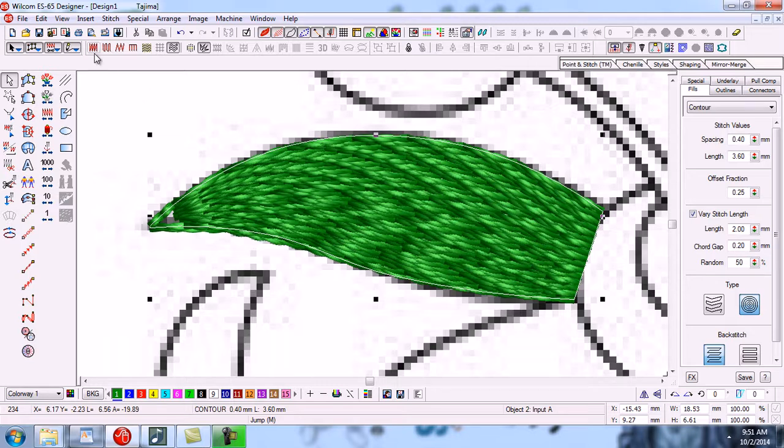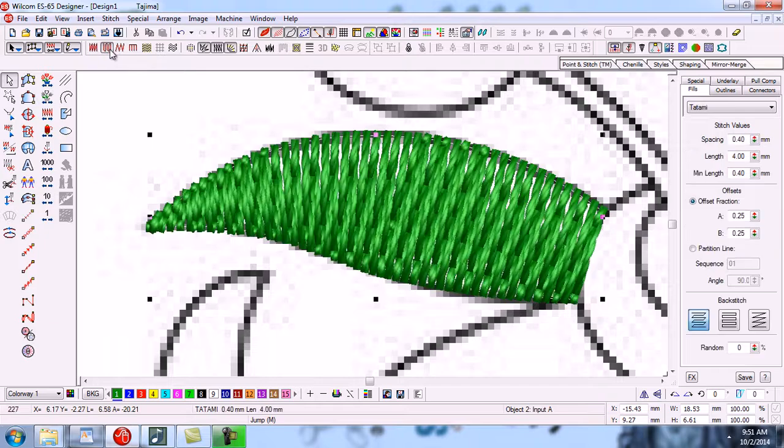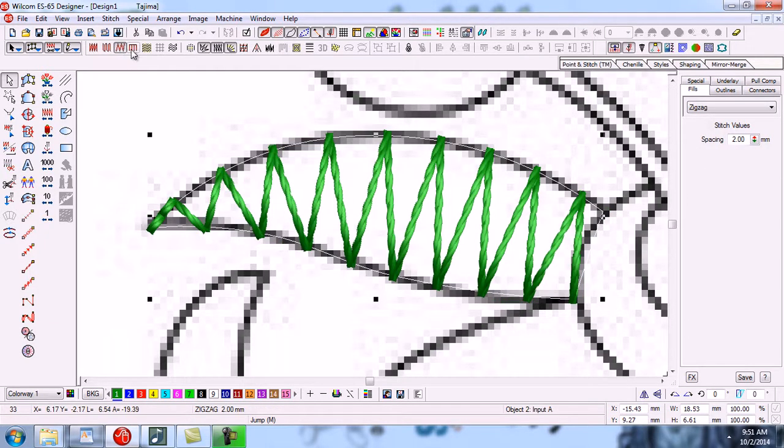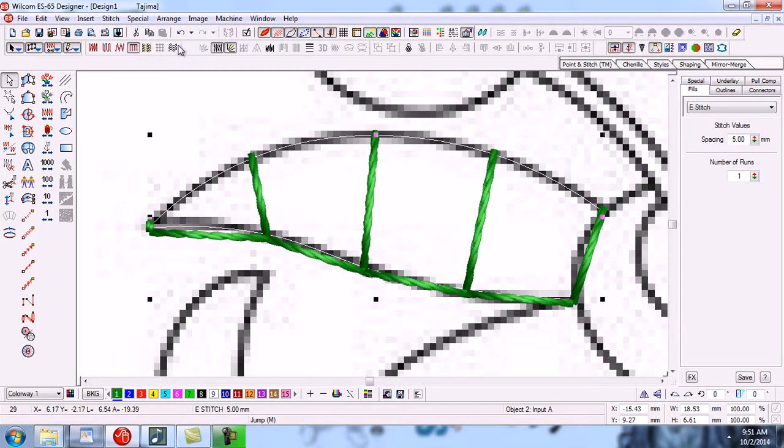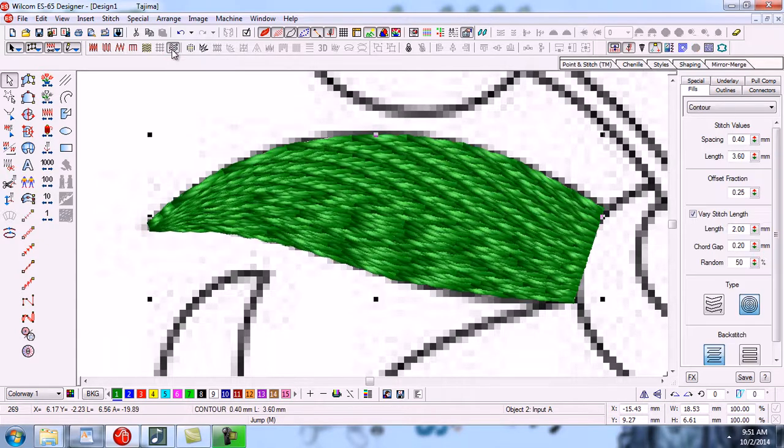There are different options. You can make a design with Input A in satin, tatami, zigzag, e-stitch, or contour values. These are the different values.